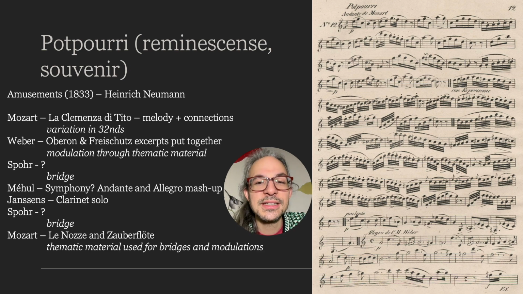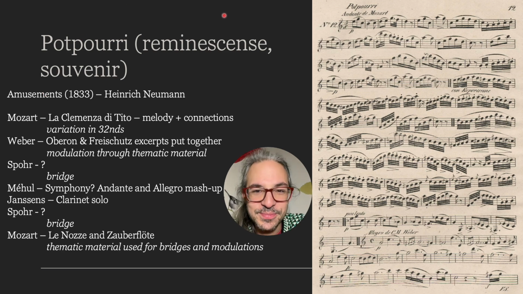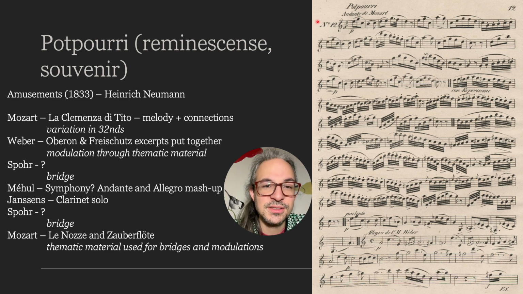Here's an example for clarinet solo, and it's really interesting, I think. It's from his amusement, which are intended as pedagogical pieces, but are not actually a method. I've written here the different pieces that appear in the potpourri. As Czerny suggests, some melodies are featured with one or two variations, but many melodies just appear as a bridge from one to the other, or even as bridge material, where a motif is taken and developed for a few bars to get from one place to the next.